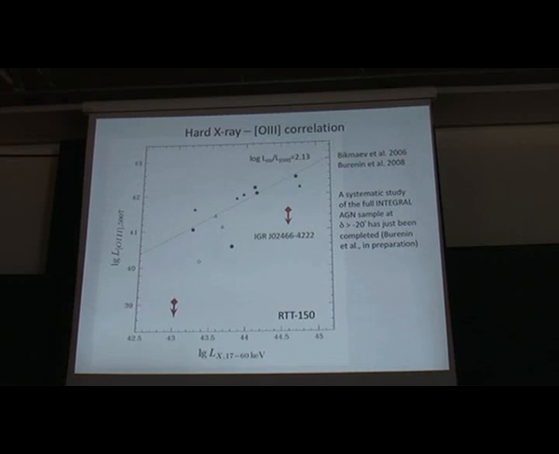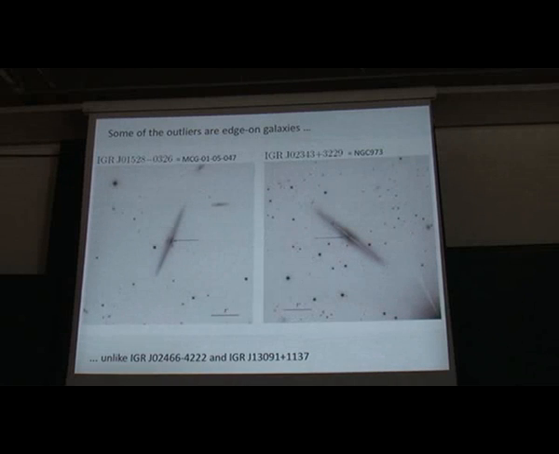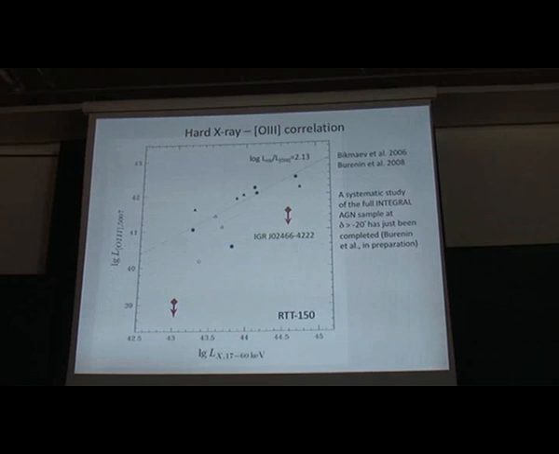The O III line, that is usually considered by optical people as a very good tracer of AGN accretion rate or AGN intrinsic luminosity, does not always nicely follow the hard X-ray luminosity, probably for different reasons. One of the reasons can be that this AGN is just seen edge-on. So, for example, in this case, we can expect that the intrinsic luminosity in the optical line can be absorbed just by dust lying in the galaxy. But possibly it can be some other reason. But we have only started these studies.